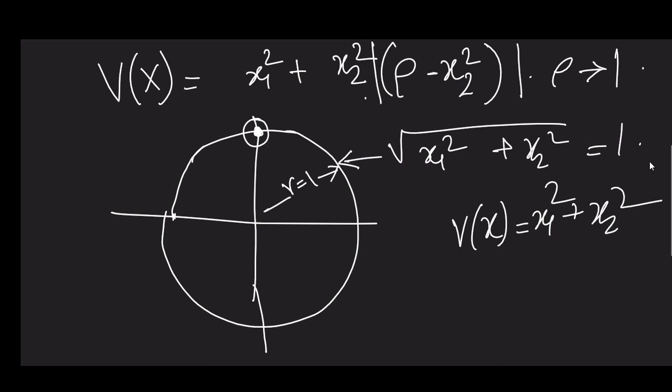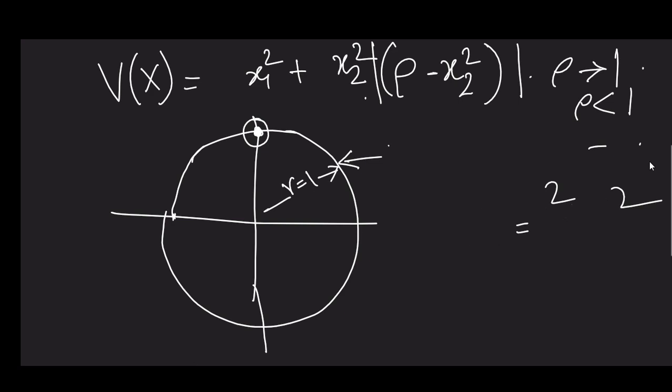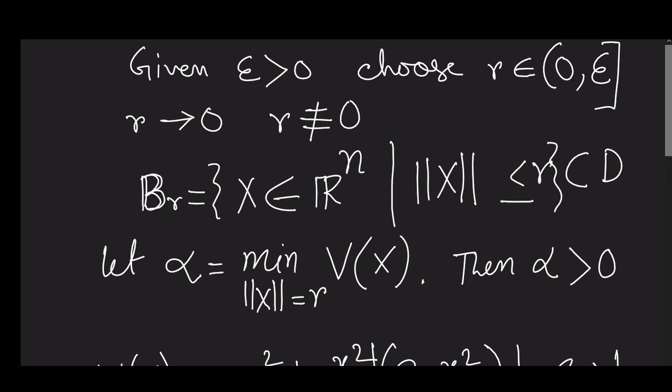But there is a constraint that rho cannot be equal to 1. Now this function by its own is positive definite, but it's quite clear that even if you are moving on the surface of the ball, along a path that is equidistant from your origin, still your function Vx can vary. And the purpose of doing all this is to make you understand that